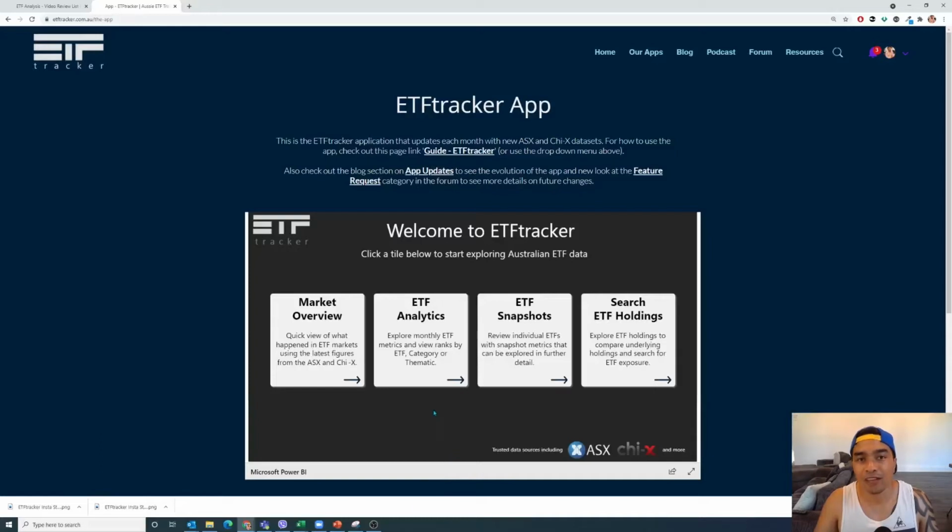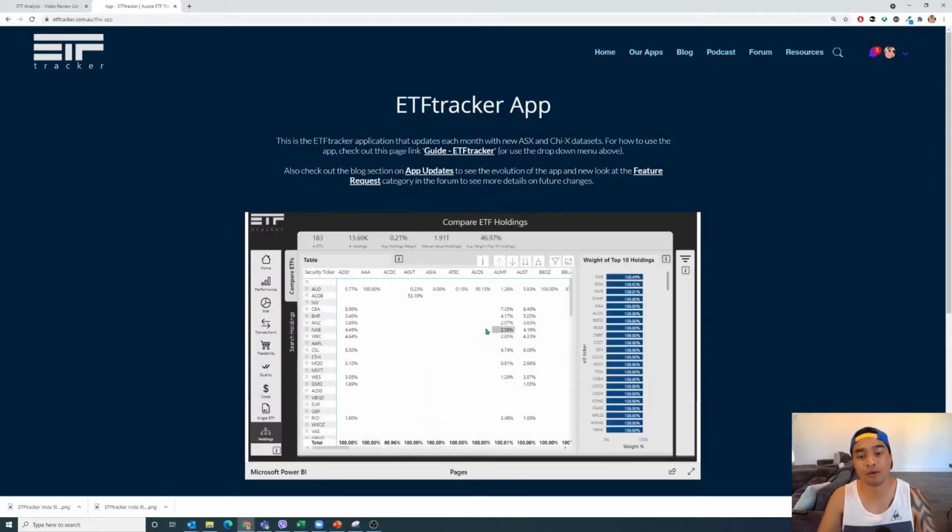Okay, so we're here at the ETFtracker page, and usually we go to the Snapshots page, usually to just get a snapshot of that single ETF. You get the 6 tiles there, which are showing you performance and transactions and all that. We're actually going to start this one off by looking at the holdings and comparing them. And you can do that for multiple ETFs. You don't have to just go to ETF Snapshots and look at the holdings just for one. You can click on the holdings and take a look at what's going on for 2 or 3 or however